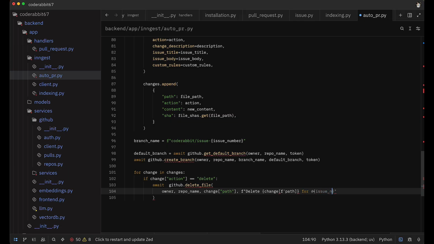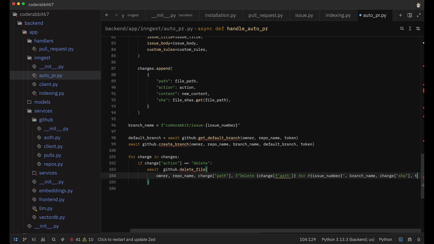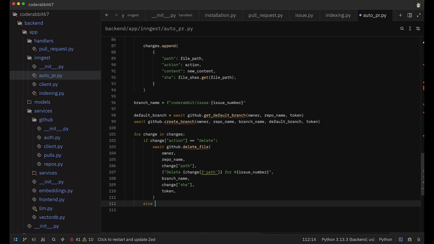There's some parenthesis issue somewhere. We also need to pass the branch name, change SHA, so that it doesn't have version conflicts, and the token to perform all the operations. Yep. And yeah, if action is delete, do that, or else